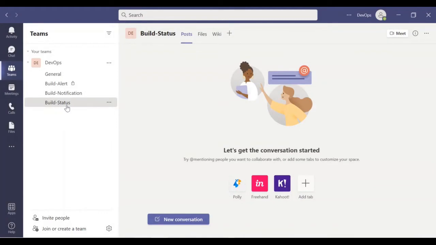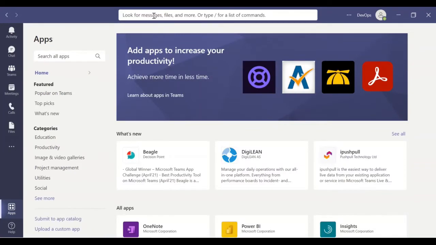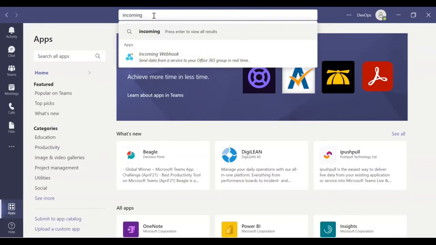However, in our case, we already have one channel ready called build status, and I'm going to configure the connector inside that. So when I trigger the jobs from Jenkins, the build status should be triggered in this particular channel. To achieve this, we need to install one app. There is an option called apps, and here you need to install incoming webhook.